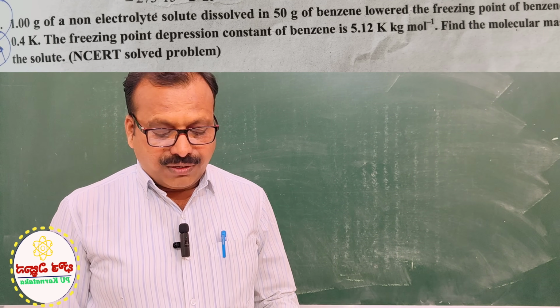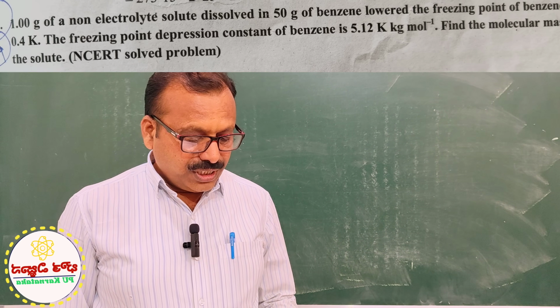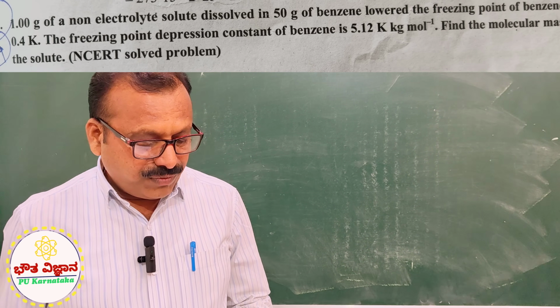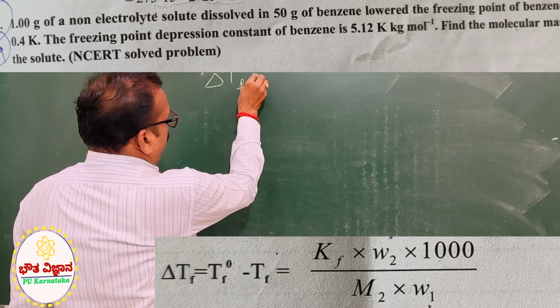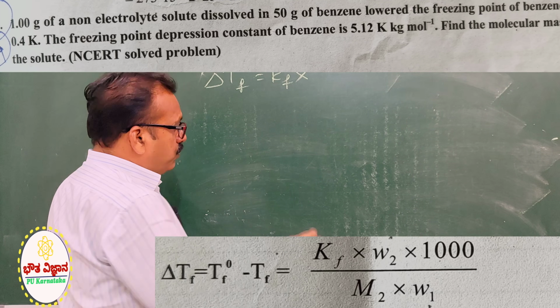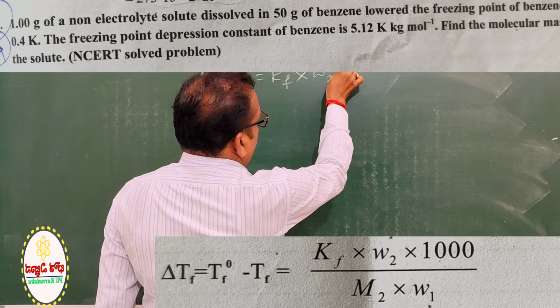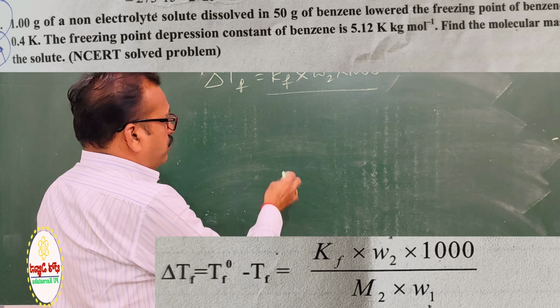Find the molecular mass of the solute. So when the question is on depression in freezing point, you have to remember the formula, that is delta Tf equal to Kf into W2 into 1000 divided by M2 into